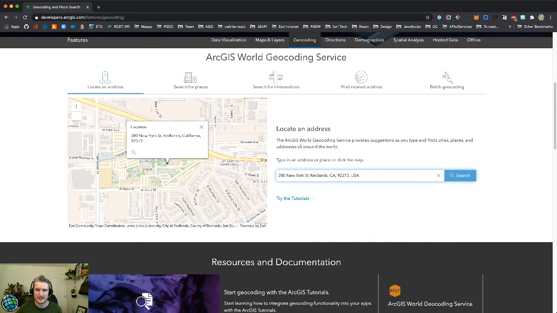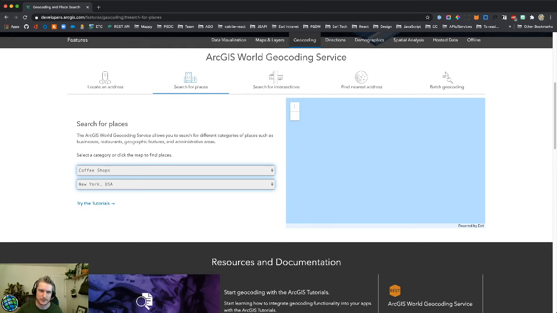So typing in any address here will give us the place on the Earth, right? And we could go look at the REST API requests that are being sent out from the app, and we could see how that works. In addition to addresses, you can search for places. So if I was in New York and I wanted to find a nearby coffee shop, we can just type